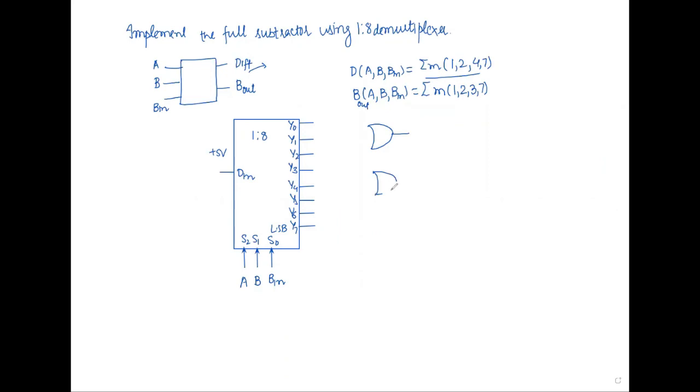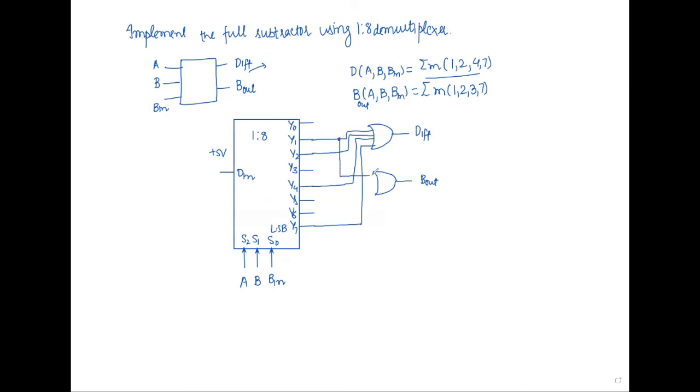This is for your borrow out. Now 1, 2, 4, 7. So from here you will directly map: corresponding to 1, then corresponding to 2, then corresponding to 4, then corresponding to 7. Then 1, 2, 3, 7.